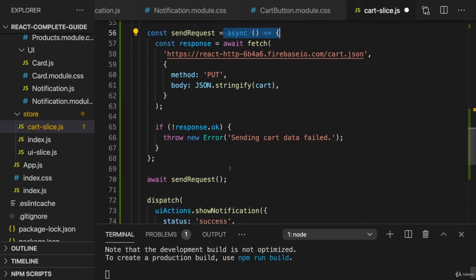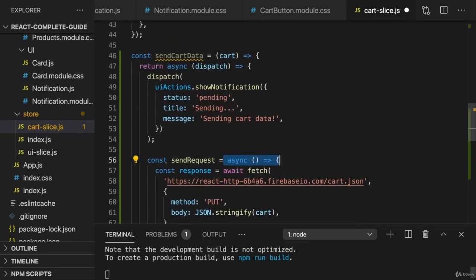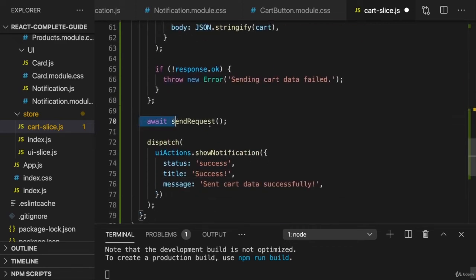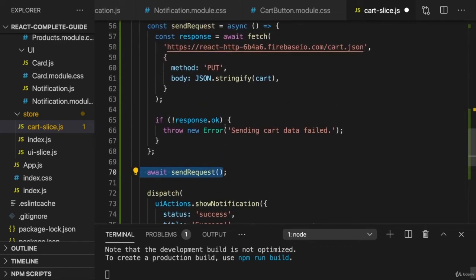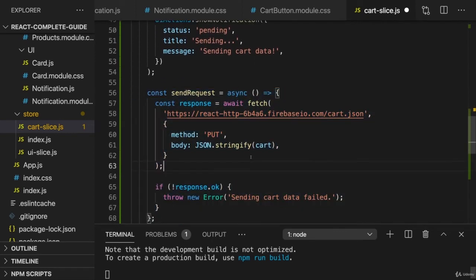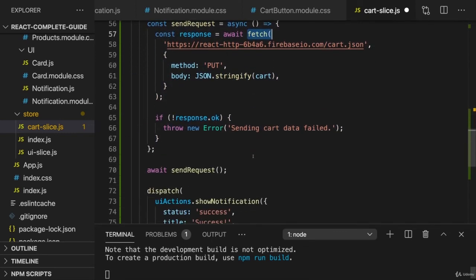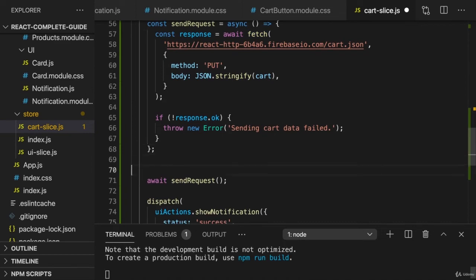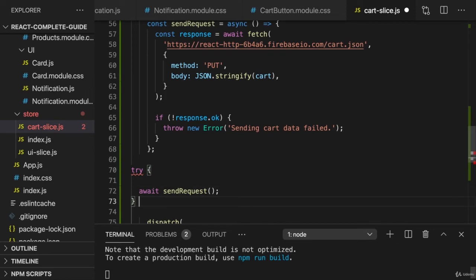It returns a promise. And since we're still inside of this outer function, where we also use async, we can use await here as well. I know that's quite some nesting of functions, but this extra nesting here is required because of how the fetch API works. Because now we can wrap try catch around this await block here